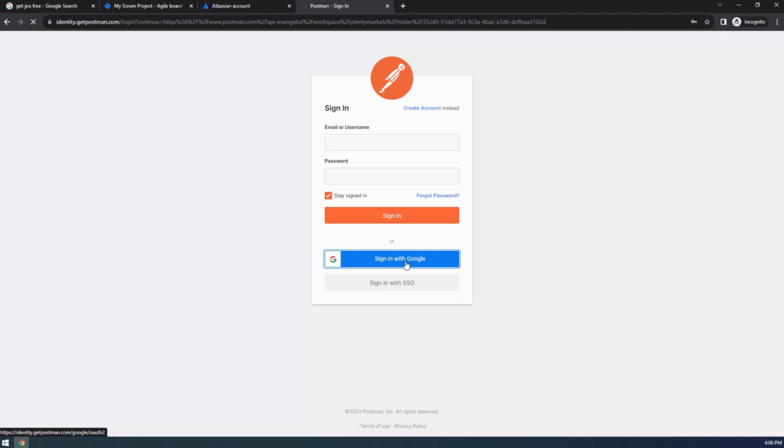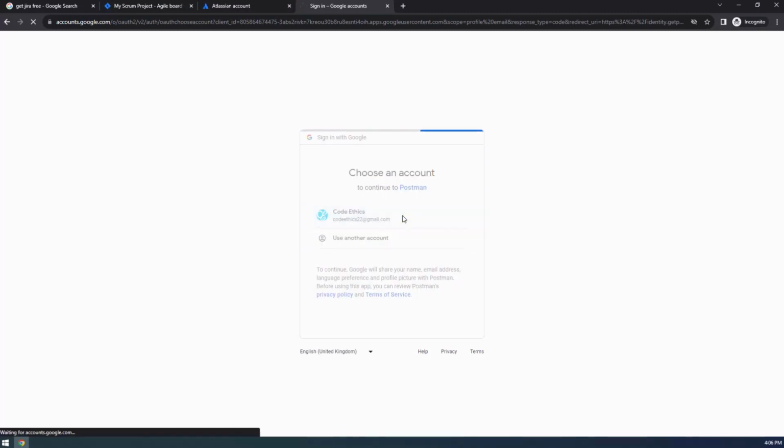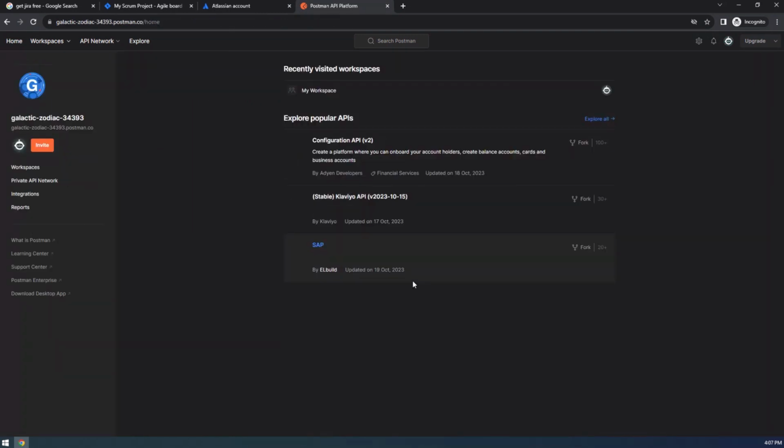Sign in with Google. Just click that. Good. As usual, your Google account comes up, so you just click it. Just the same process as we did on Jira. Same process happens here. Good. Okay, so